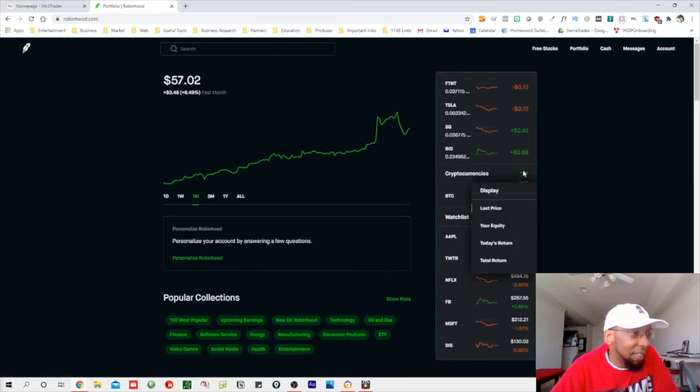You have the same thing with cryptocurrency. You see, I don't have any Bitcoin here. I have some in Coinbase, but I don't trade it here. Then the same information as above. The thing that I want to show here, because basically the rest of this is the same as the app,